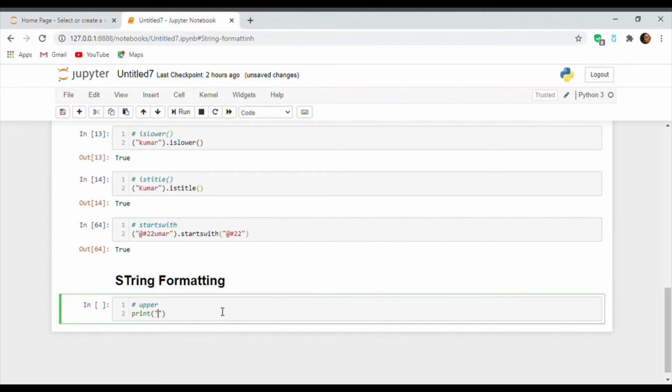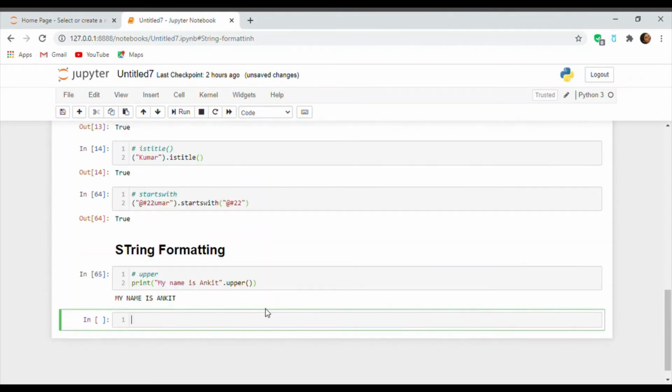You have a string. So you have a string, my name is Ankit, and most of the letters here are in small.